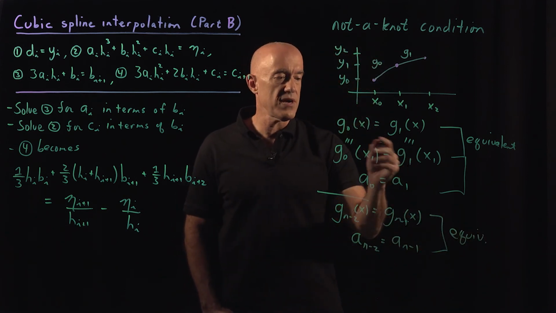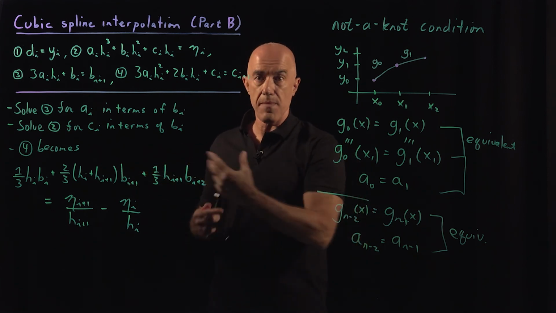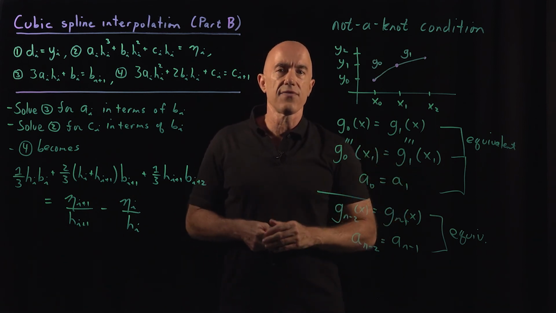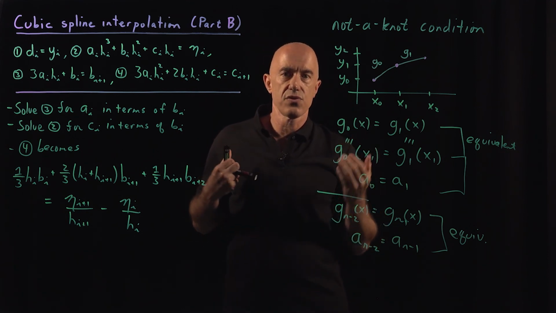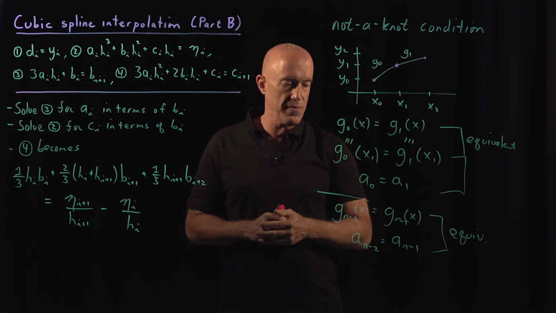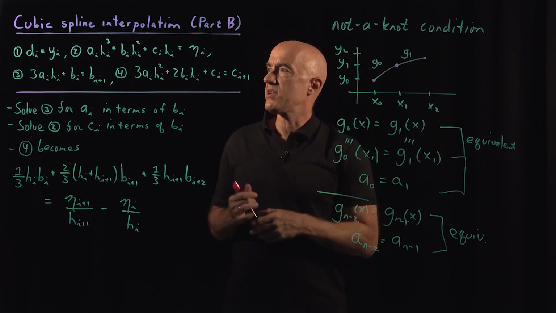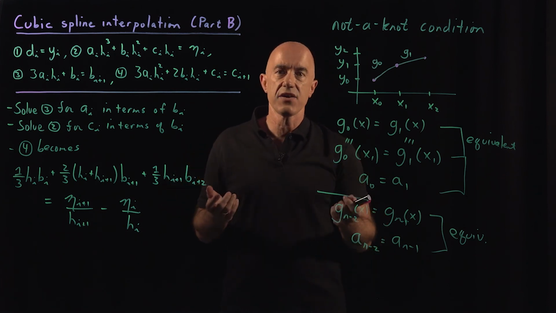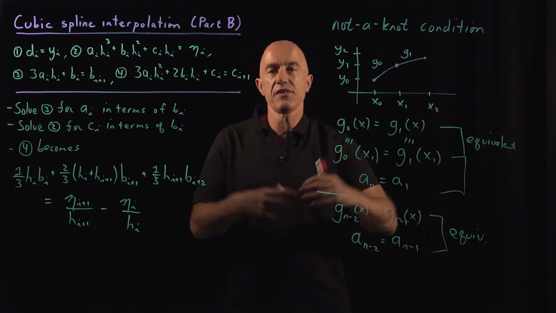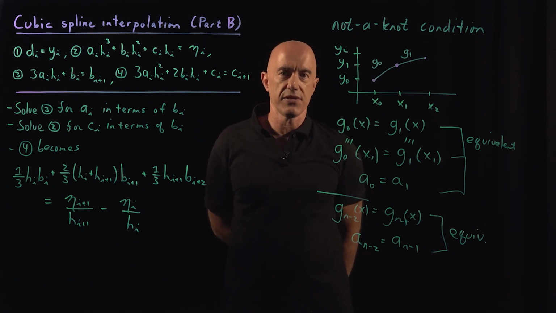And that will give us two more equations for the b coefficients. So we add that to our matrix equation in the first row and the last row. You cannot solve this matrix analytically, so you use MATLAB to solve the matrix equation. It's a tri-diagonal matrix. You find the b coefficients. Once you have the b coefficients, you can then find the a coefficients and the c coefficients. The d coefficients you know. And then you have the interpolating polynomial. So you use that then to do interpolation.